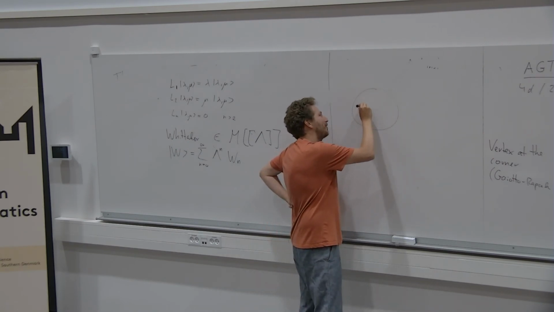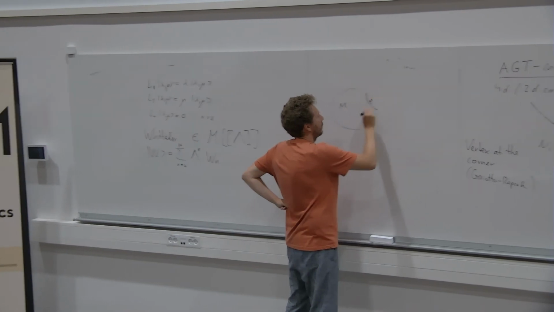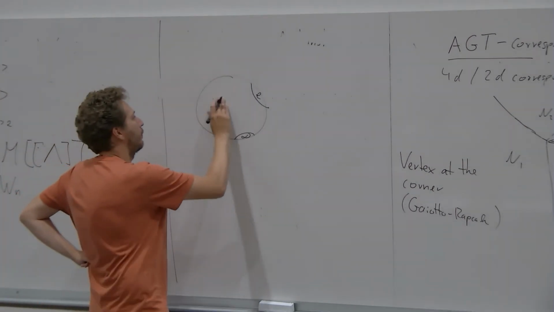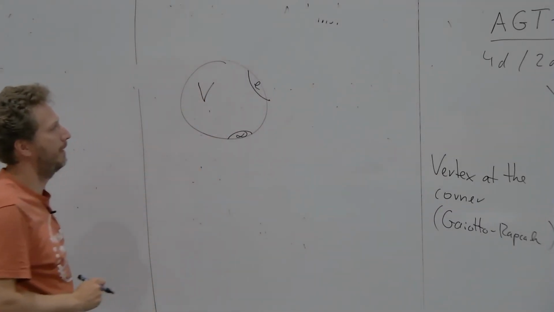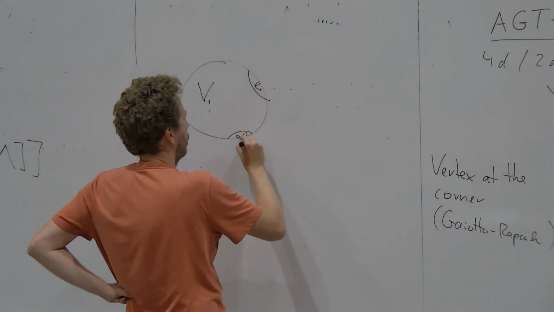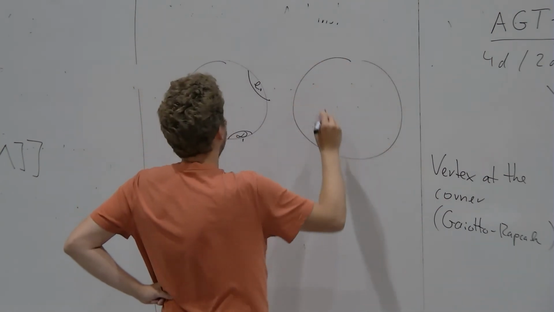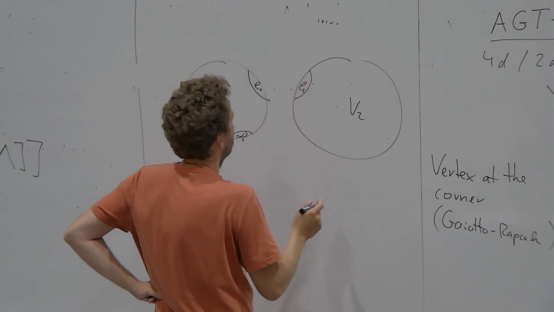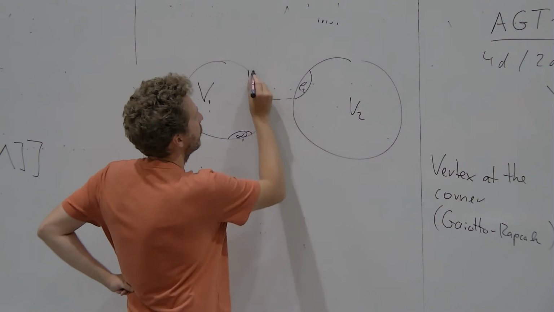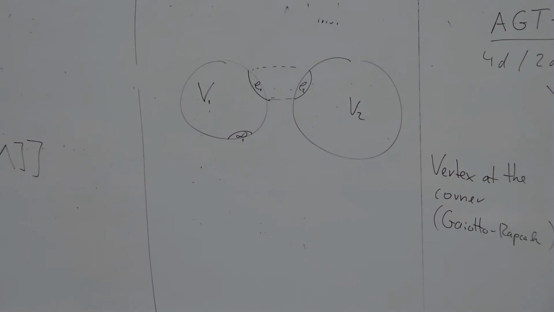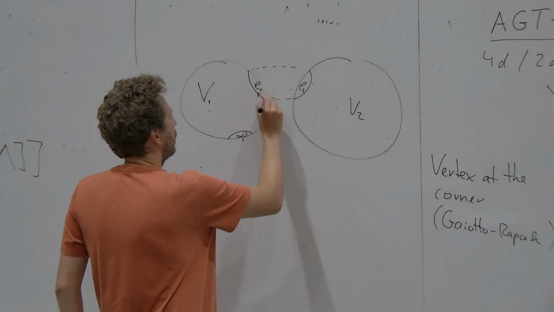So you have your 4-manifold, and it might have a boundary component, and boundary components you label by categories. I mean, the 4-manifold itself is labeled by a V for VOA. And now we give it extra indices, 1 for the first one. We can have a second one, and so here we would have a category C2, for example. And now you would like to ask, can you glue these together on the common boundary to get a bigger 4-manifold? And the idea is, well, also the boundaries have some kind of orientation.